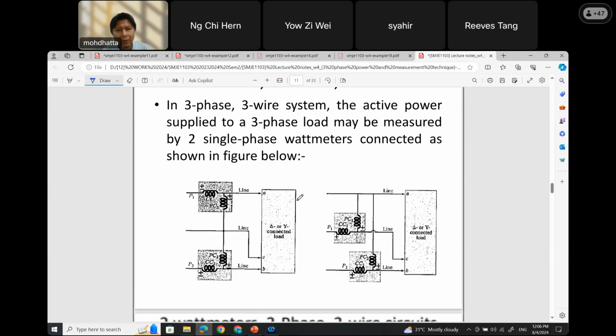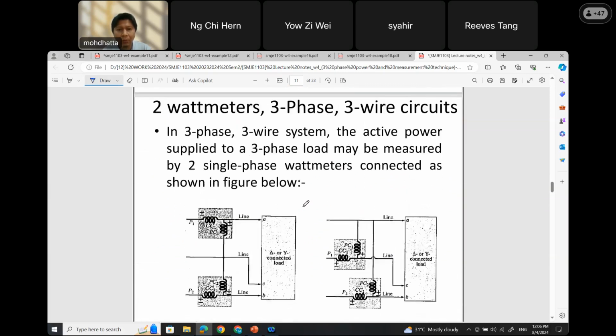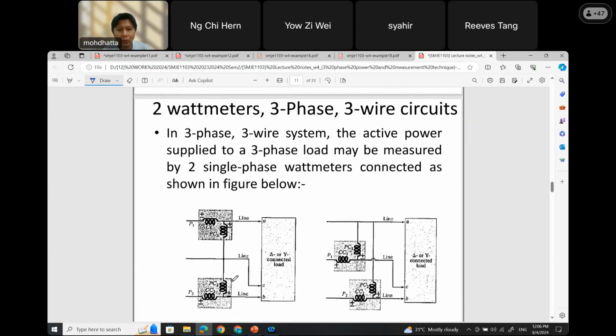Okay, how is it connected? So this is how it is connected. We have 2 wattmeters connected. At one line, 1 wattmeter. Let's say we consider P1 connected to one line, let's say line A, and P2 we connect to line B, and the third line over here, or line